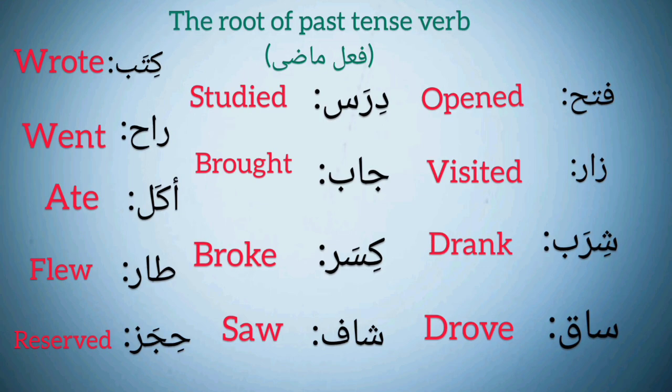Okay guys, now we know that the roots in Arabic are made of 3 letters, in the third person singular, and the basis and foundation of these verbs are هو فتح, هو زار, هو شرب: he opened, he visited, he drank. These are all roots, and knowing this, we can conjugate other verbs by adding suffixes and prefixes.